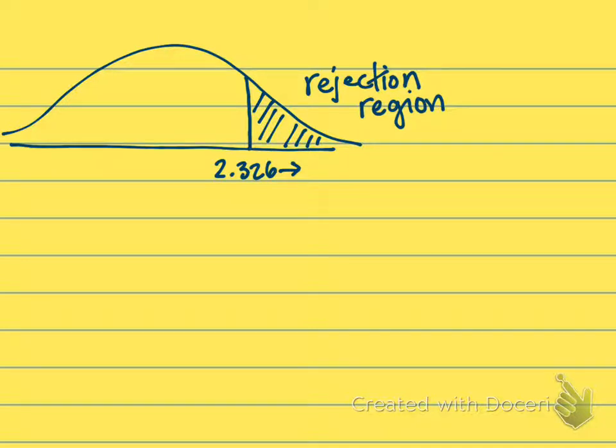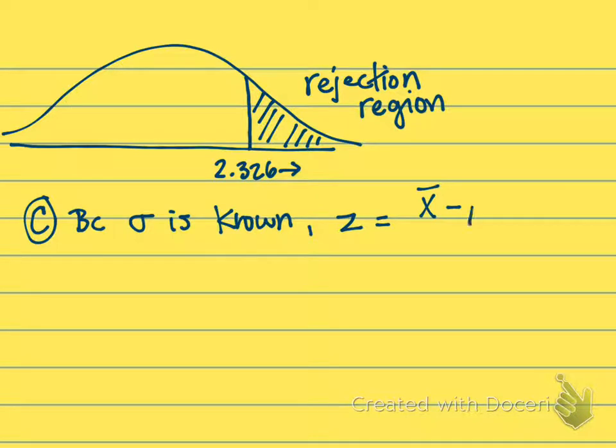Okay, so that takes us to part C of this question, which asks, what's the value of the test statistic? Again, because our standard deviation is known, we are going to use our formula and find the z. Remember, our formula for the z is we take the sample mean, we subtract from that the population mean that we're testing against. We divide that by the standard deviation divided by the square root of our sample size. So plugging in here, our z equals, we were told that the